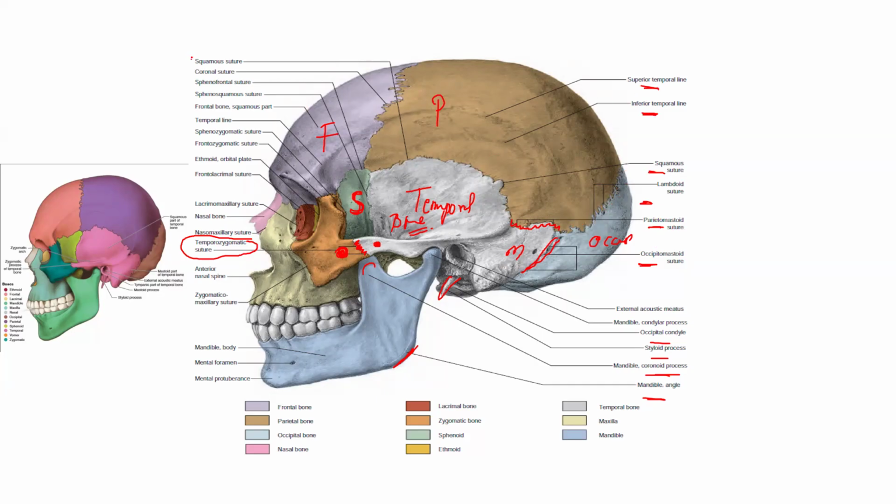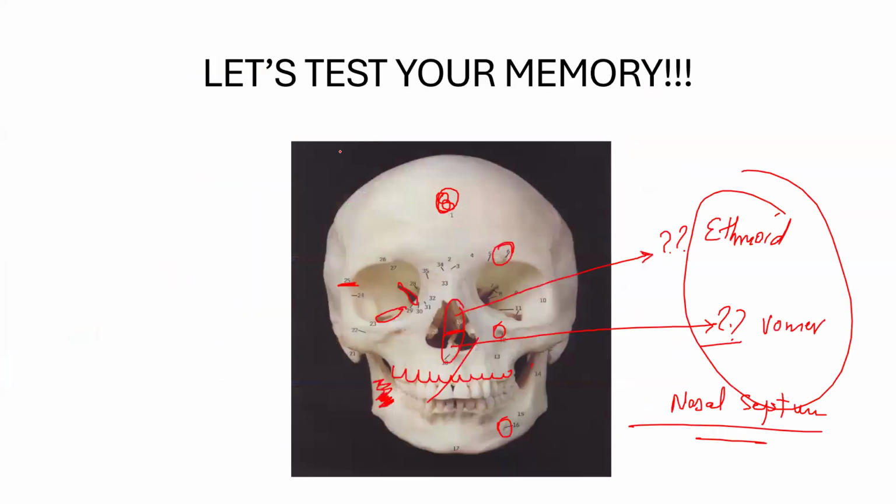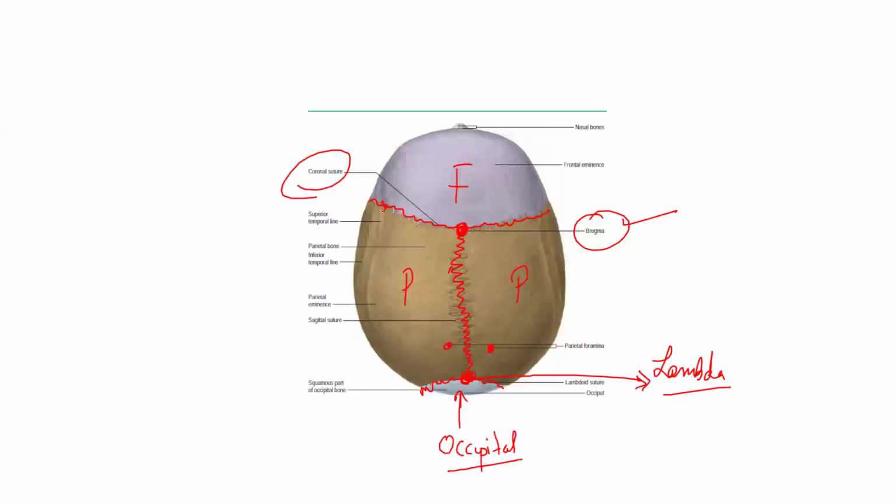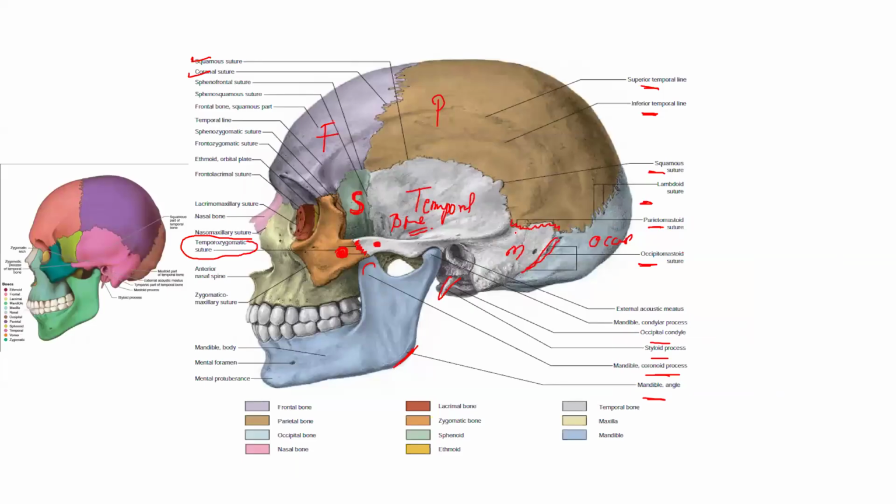We know that squamous suture. This is the squamous suture. Then we have the coronal suture. So we saw the coronal suture here as well. This is the coronal suture. Okay. Then we have the sphenofrontal suture, spheno-squamous suture, frontal bone squamous part, we all know, temporal line,